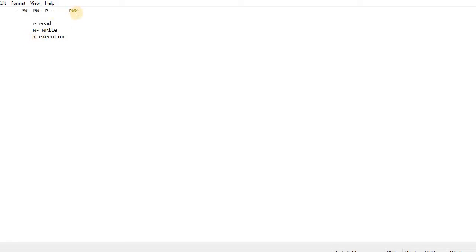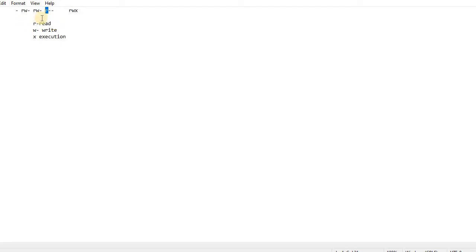But here R is there, W is there, but instead of X we have a dash, which means it doesn't have execution permission. The same with the second set. In the third set, there is no write and no execution, only read permission.